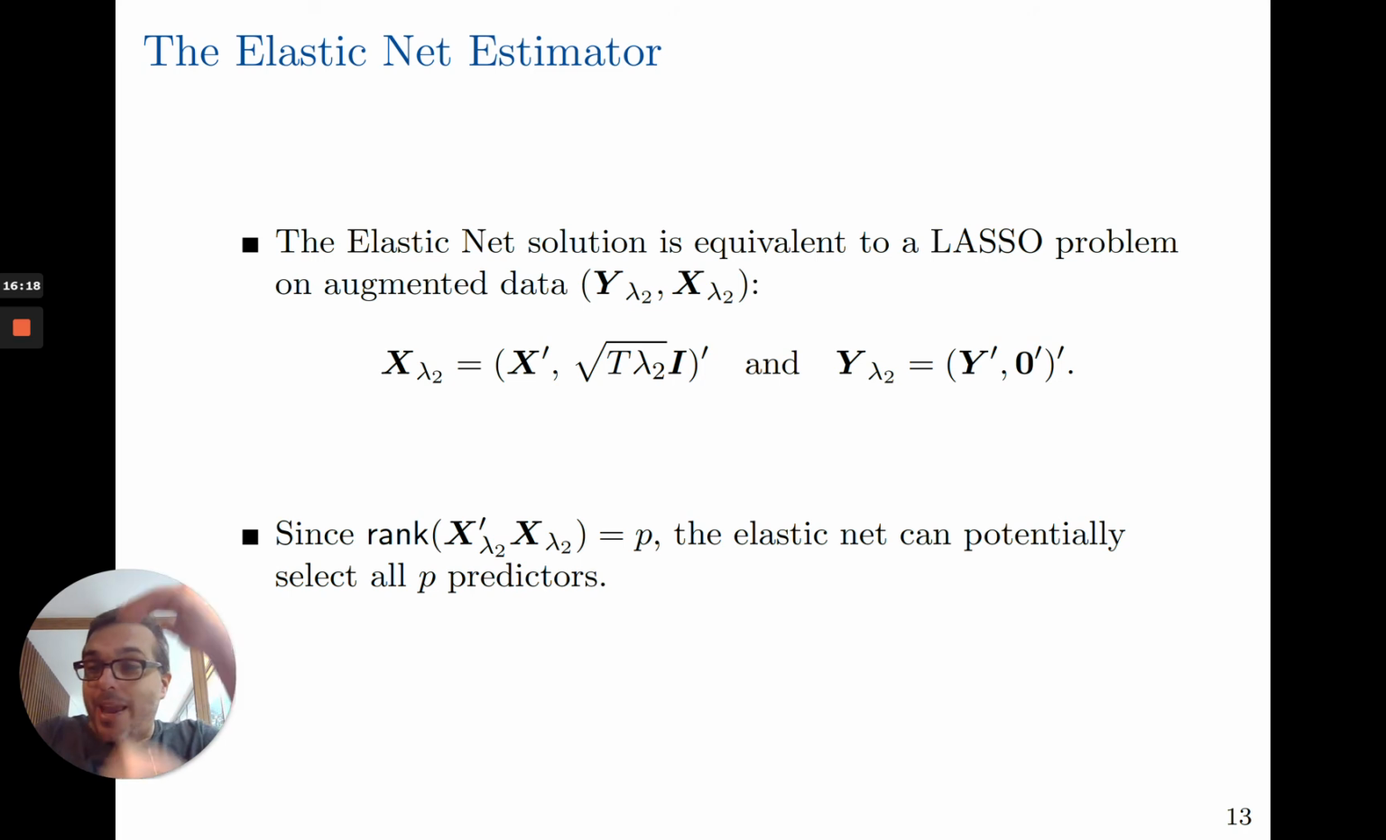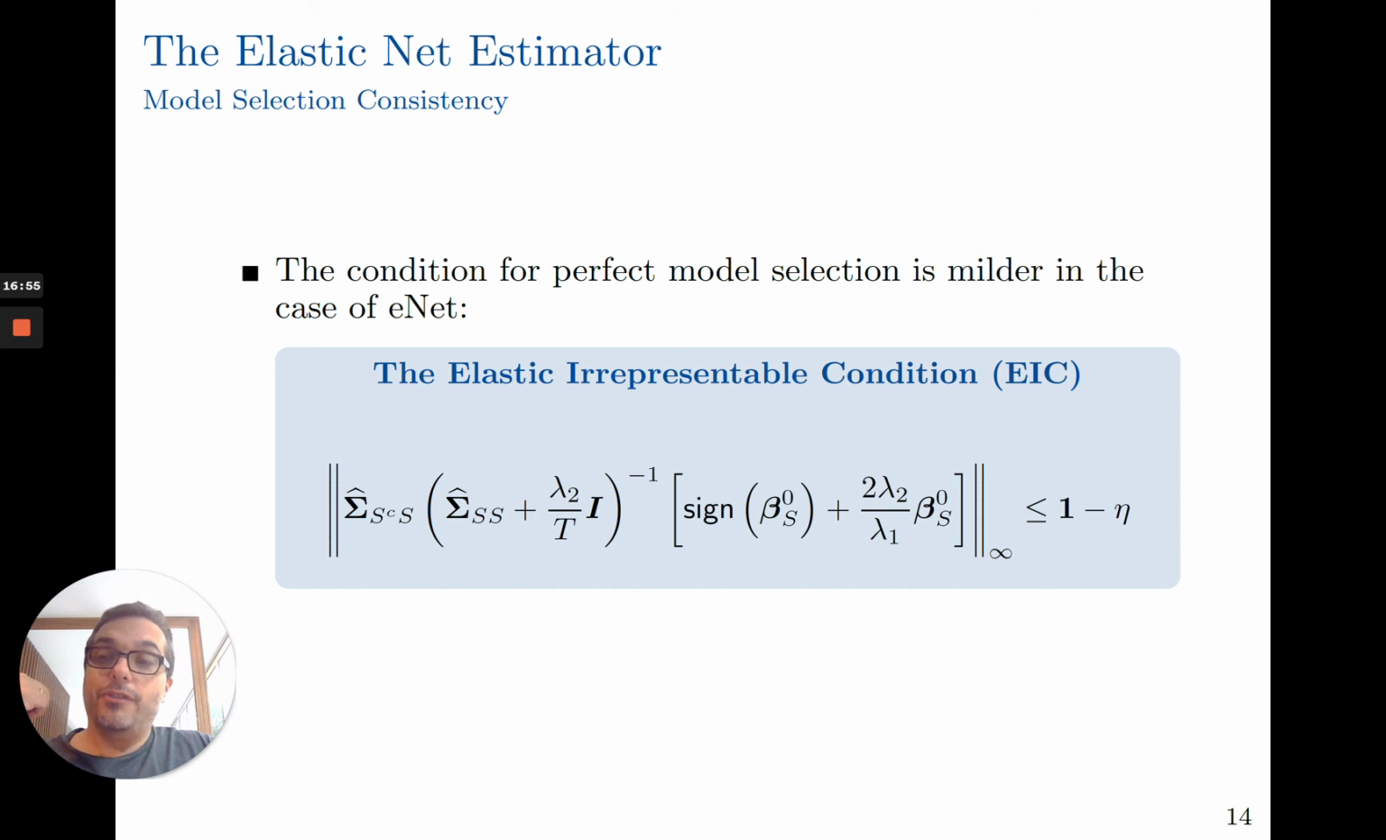And because with this augmented data set the augmented design matrix x lambda prime x lambda has rank p, the lasso on this augmented data set, so the lasso problem induced by the elastic net, can pick all p predictors. So the elastic net solution may not be sparse. It's kind of cool, right? And because of the L2 norm, it will have the grouping property, okay? And for perfect model selection, we need a less strict condition, the elastic irrepresentable condition, where we introduce